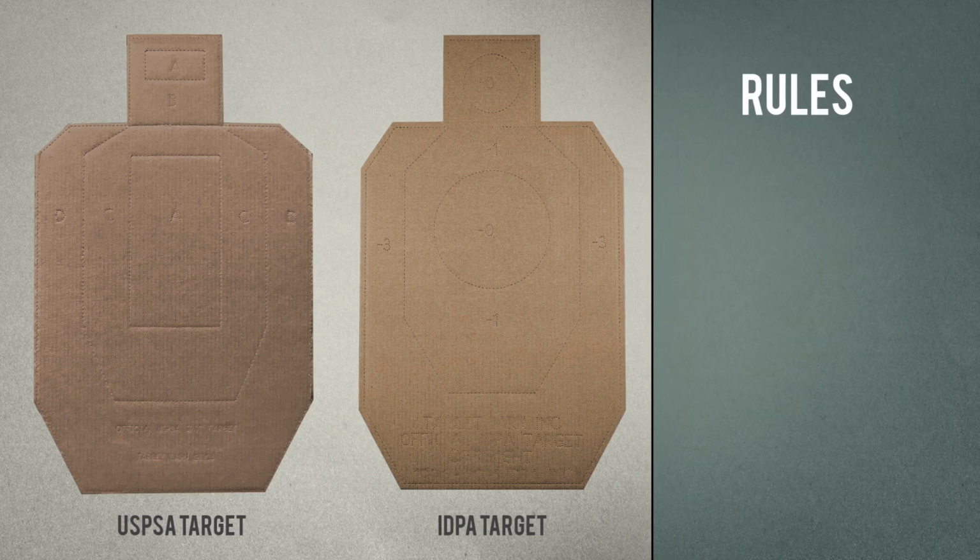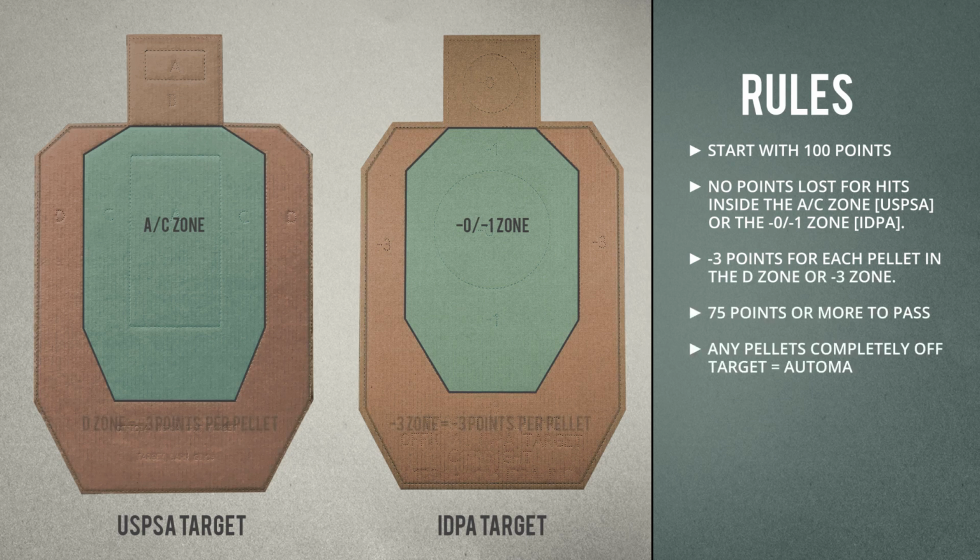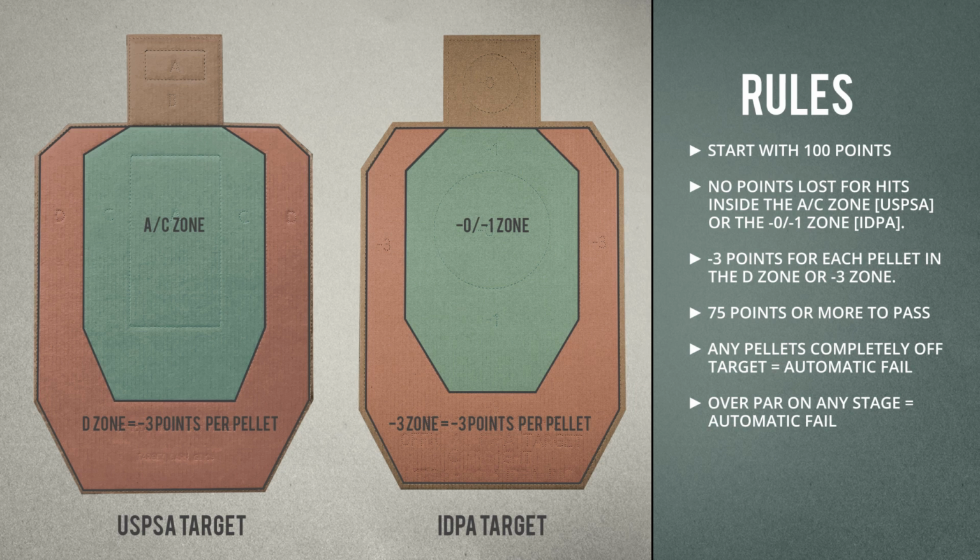You have 100 points to start. All your pellets need to land inside the Down 1 or the C zone. For every pellet in the Down 3 or D zone, you will subtract 3 points from your score. You will need a score of 75 or higher to pass. If any pellets miss the target completely, or if you go over the par time on any stage, that is